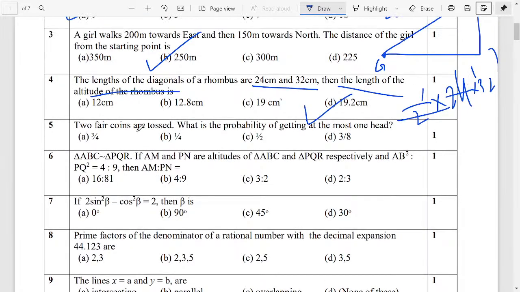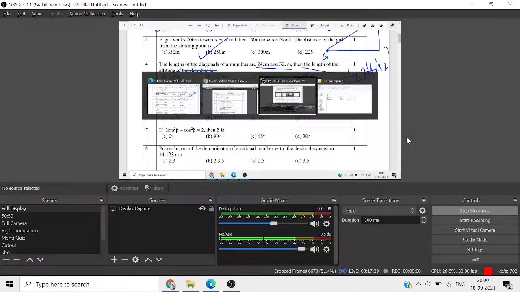See, two fair coins are tossed. What is the probability of getting at most one head? Now, what do I mean by the term at most? At most means I have to get, at the most, at maximum, one head. Okay, no heads are also possible, but one head is needed. Okay, one head or lesser than that. Clear? Either you need one head or you need